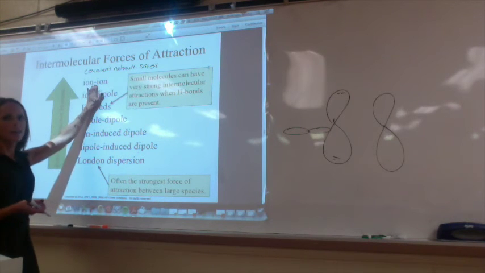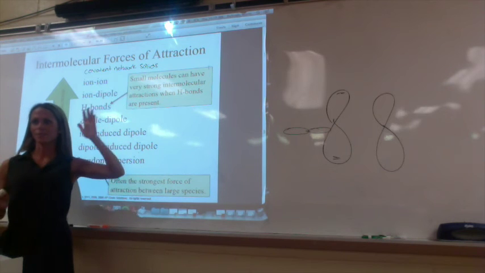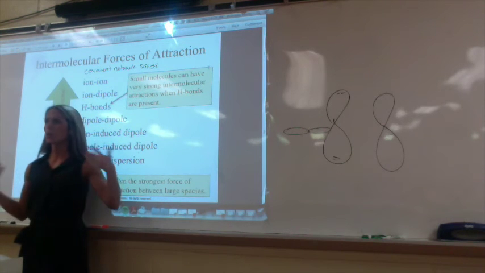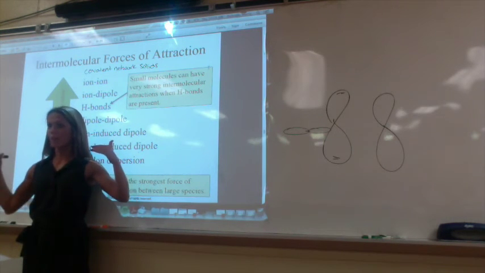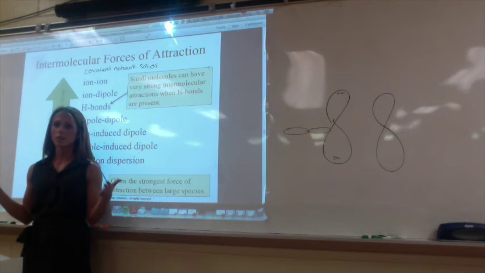Beneath that is ion-ion. Everyone misses ion-ion. On your test, I'm going to give you examples, and you're going to have to rank them. And I'll tell you the one question that everyone typically gets wrong, like the majority, will be that you don't recognize ion-ion. You try to make it a covalent bond. What is ion-ion? A metal with a nonmetal.